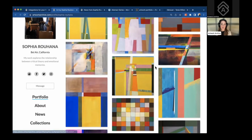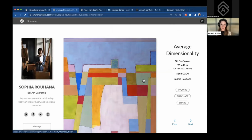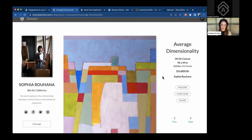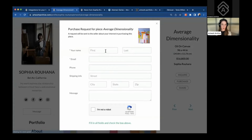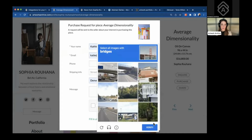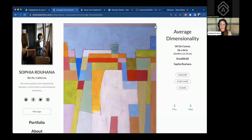Now let's see what happens when we click an available piece. This is where you'll find the inquire and purchase buttons that I mentioned earlier. Let's say I'm interested in purchasing this piece. I'll fill out a little bit of information and click purchase. The only required fields are the name and email. And you have to do a very complicated little robot test. And then when you click purchase,